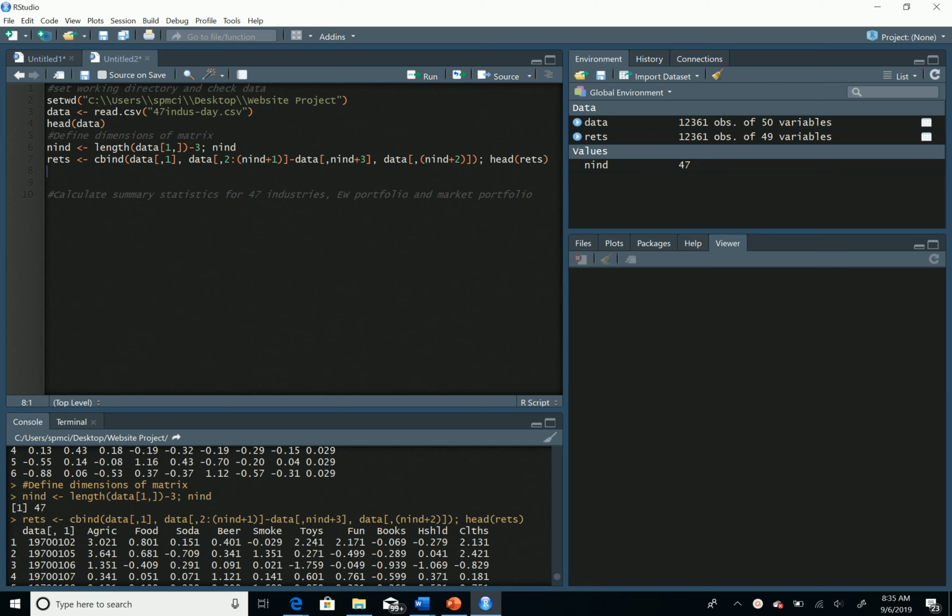Now that we've created a matrix with daily excess return data for the 47 industries, the total market return, and corresponding dates, we want to define the sample period. So we'll do that by assigning variables for the beginning and the end of the sample period. Y begin, let's say 2009, and Y end, let's say 2013. Next, if you look at the dates through the data function,